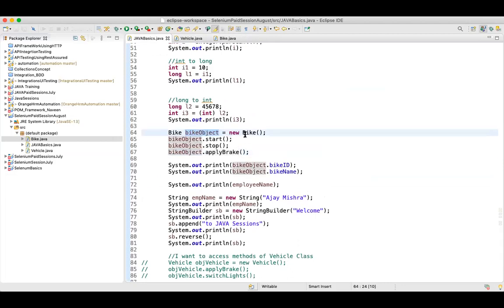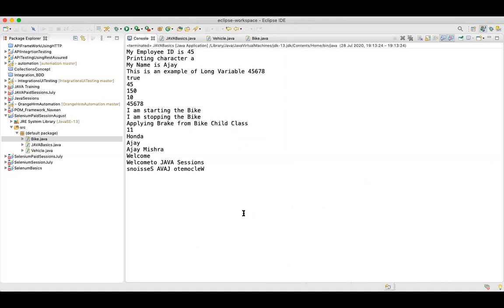I have created an object of my child class, and if I run this line of bike object dot apply break, and now when I run this program, can you see it is applying break from bike child class, this line. Okay, guys, can you see this line? This line says that it is applying break from child class.